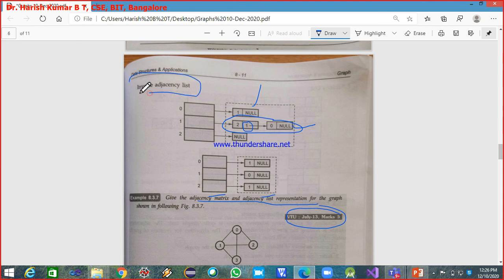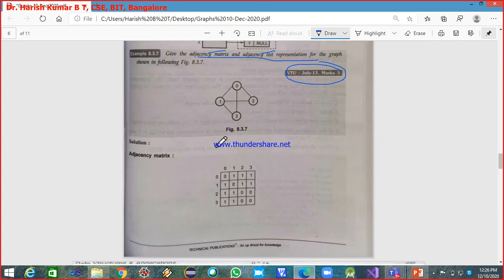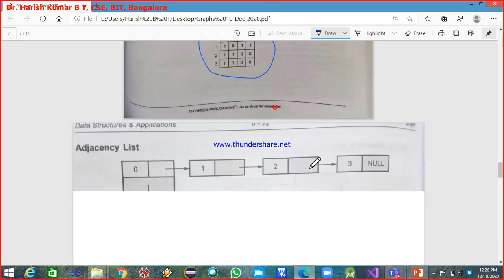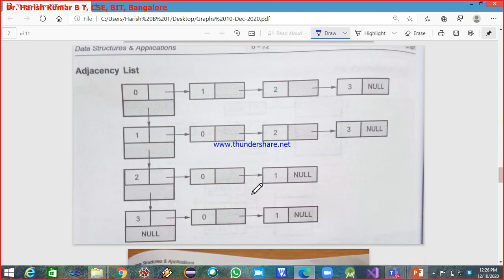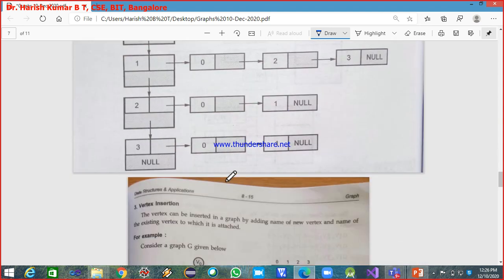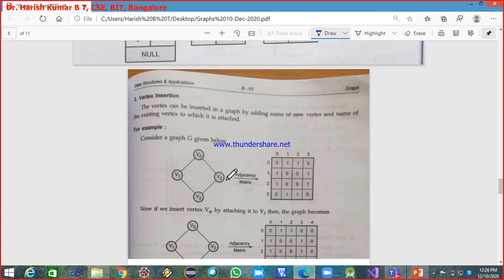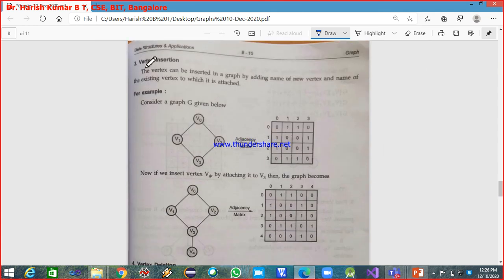If you are asked for the inverse adjacency list, the link field should have the address of the starting node. So this is the adjacency matrix for this graph, and this is the adjacency list.